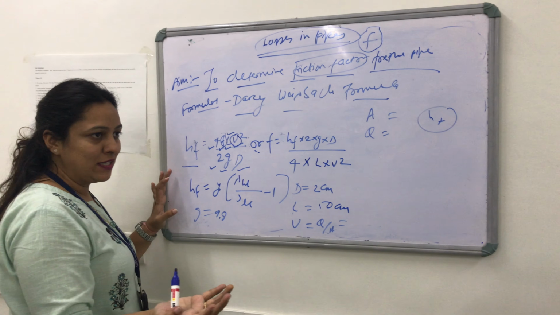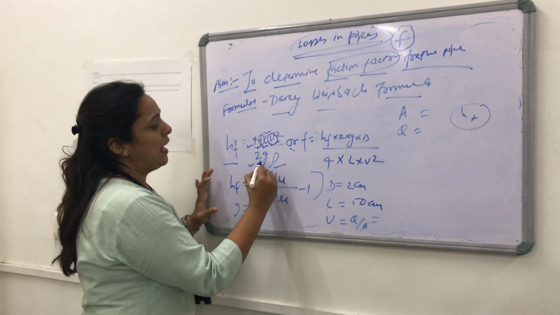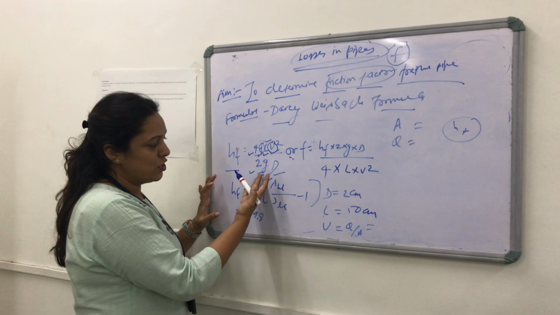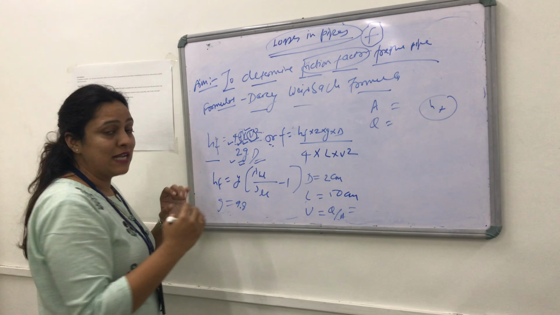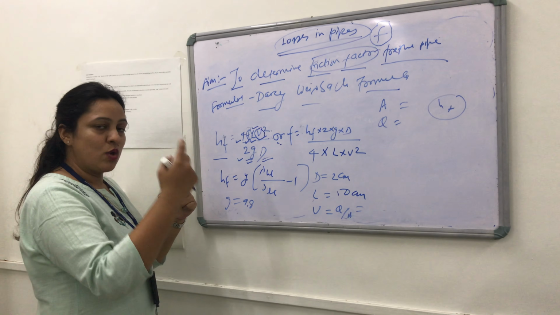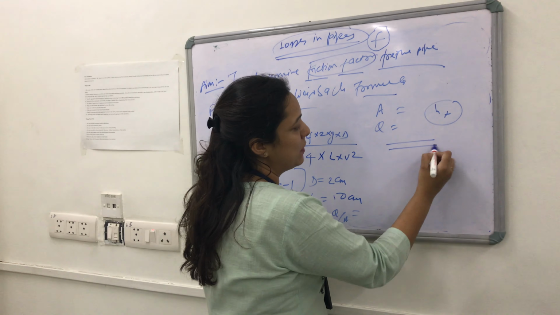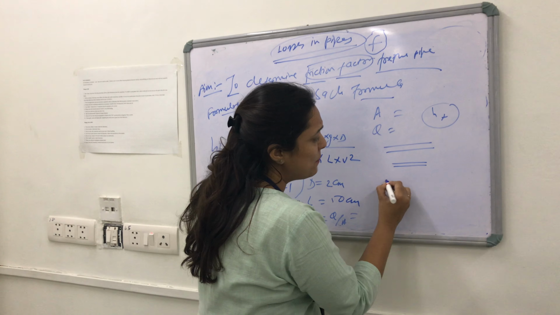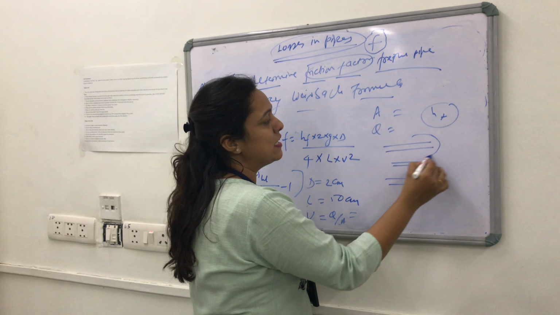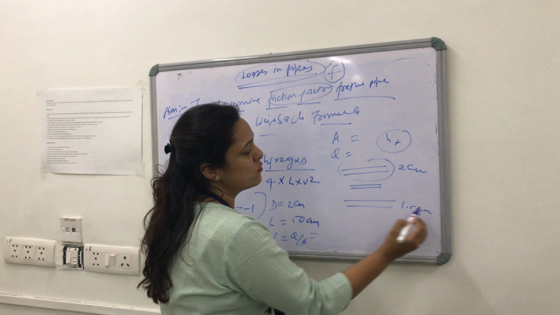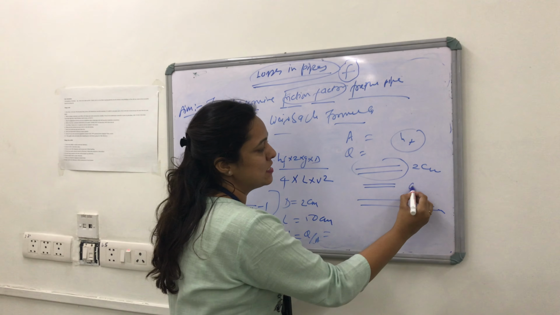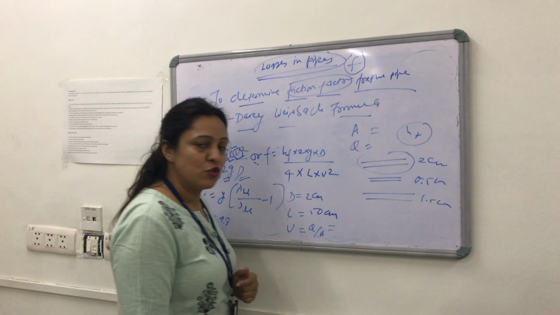How we are going to find the velocity, I'll just tell you later. And this g is acceleration due to gravity, that is 9.81, and D is the diameter of the pipe. As we are having three different pipes of varying cross section, for this I told you the diameter is 2 cm. For this the internal diameter is 1.5 cm, and for this we are having the diameter 0.5 cm.